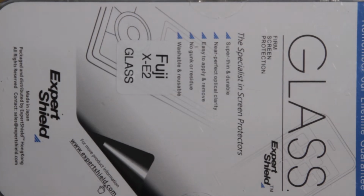Hello everyone. This is a little video I'm making for Expert Shield. They wanted me to make a video showing people how to take off the glass protection screen off your camera